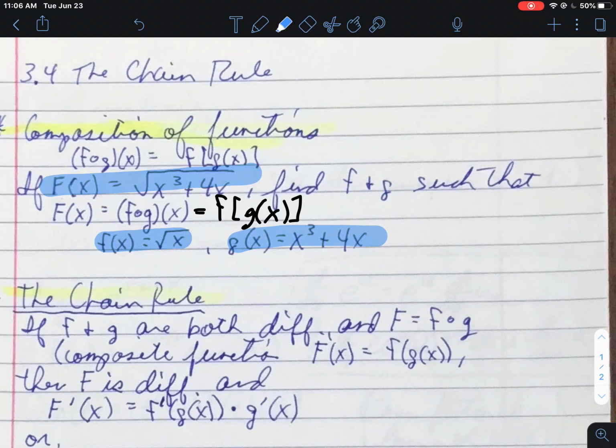Then if I look at the function f composed with g, which is f of g of x, where you plug g into f, then I'm plugging x cubed plus 4x in place of x in our square root of x. And I get that function cap F that we have above, the square root of x cubed plus 4x. So that's what's involved with first of all recognizing that you have the composition of functions,